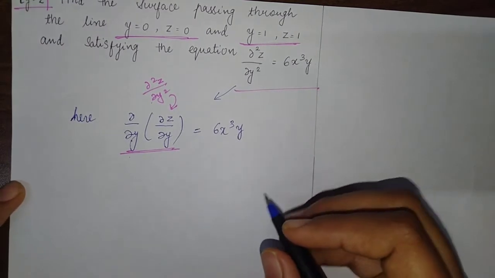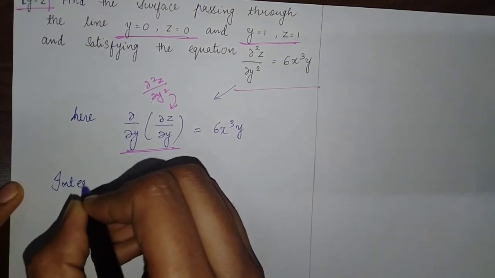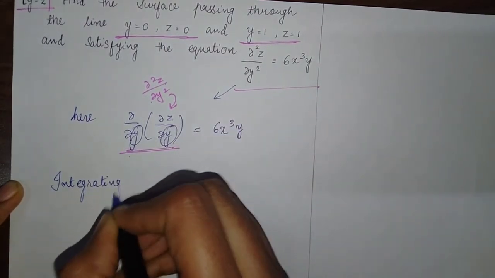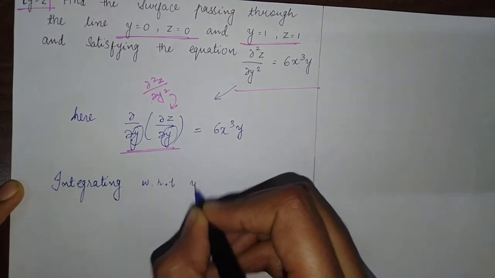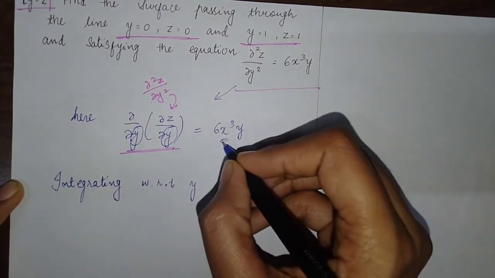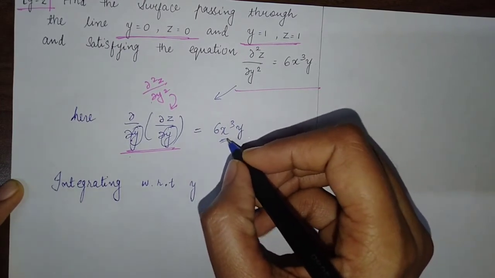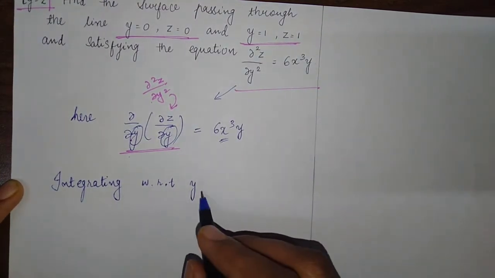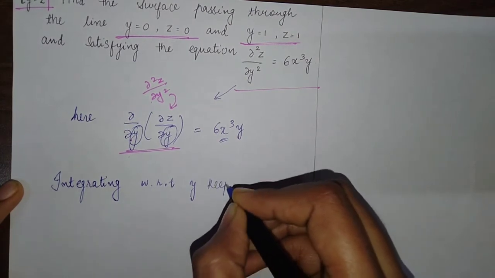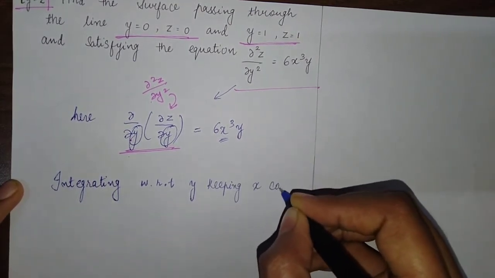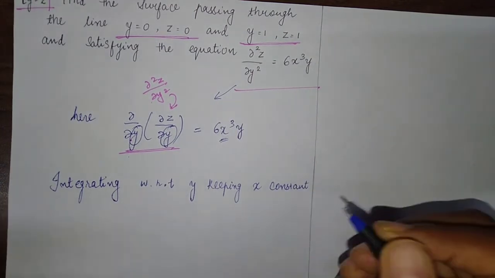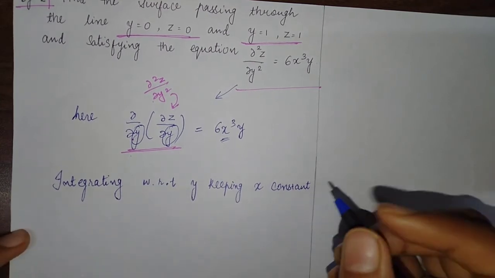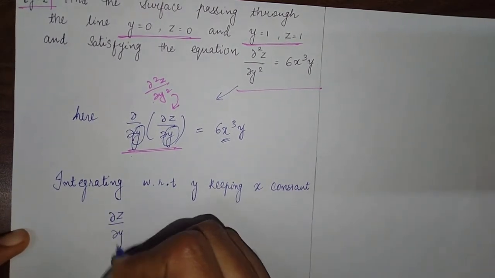Now we will integrate it. The first term is y, but here both the terms are y, so we will integrate with respect to y. From this term we can say that we have to take x constant. Whenever we integrate with respect to y, the x term will be constant. So integrating with respect to y and keeping x constant, we will get del z by del y equal to